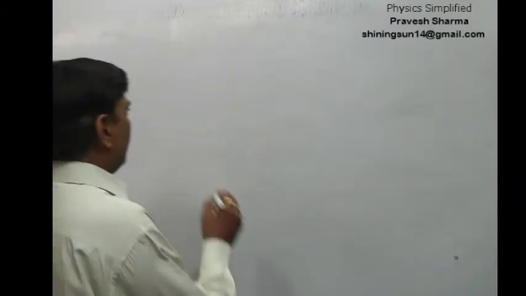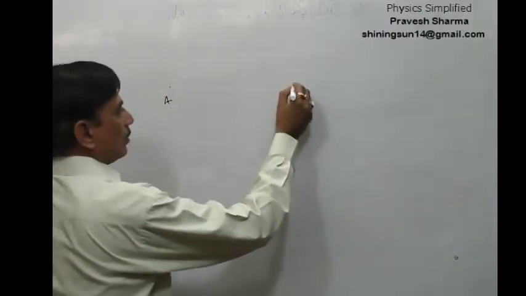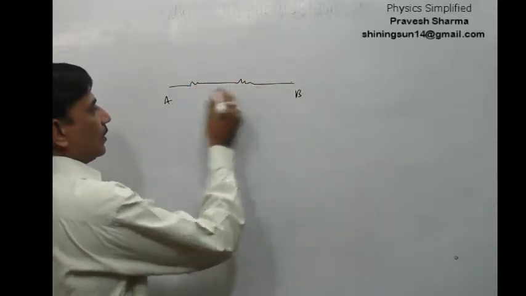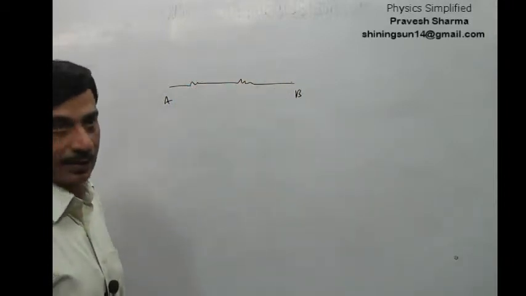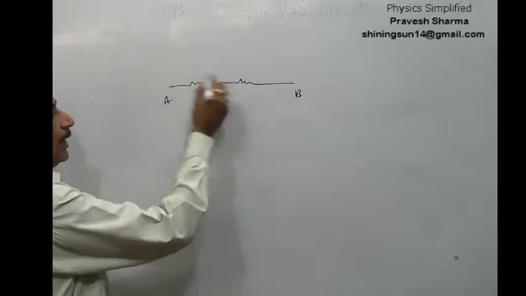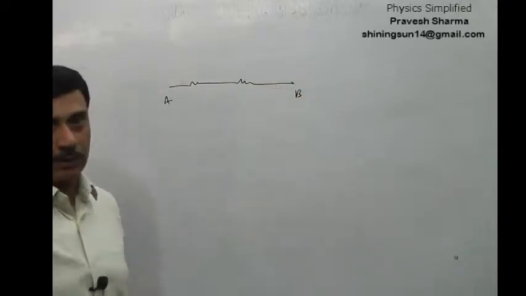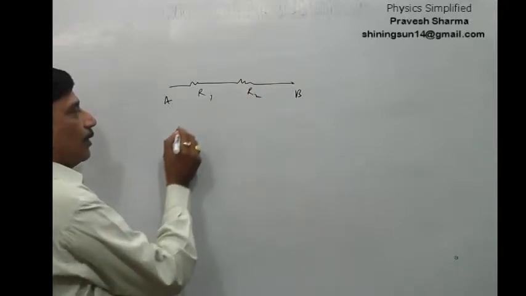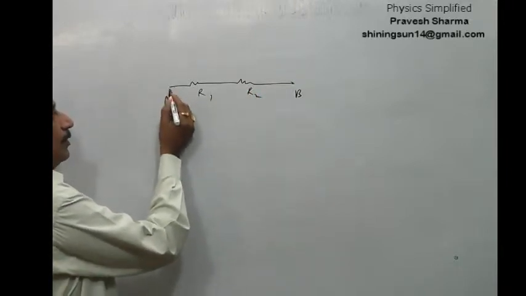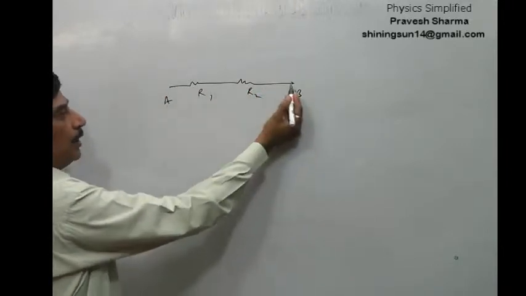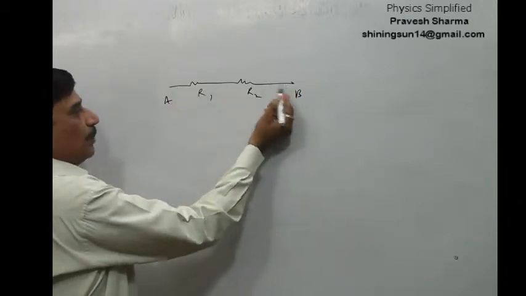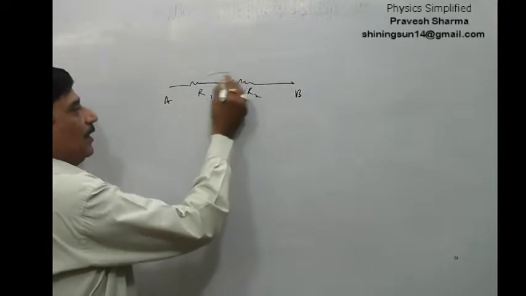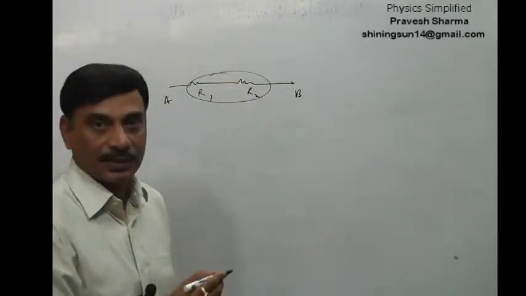Now, if between point A and point B, let's say resistances are joined like this, then they are in series. That is, going from point A to point B, you don't have much of a choice. You will come across these resistances R1 and R2. If you set out on a path from A to B through this path, you will come across both the resistors. Then these resistors are in series.